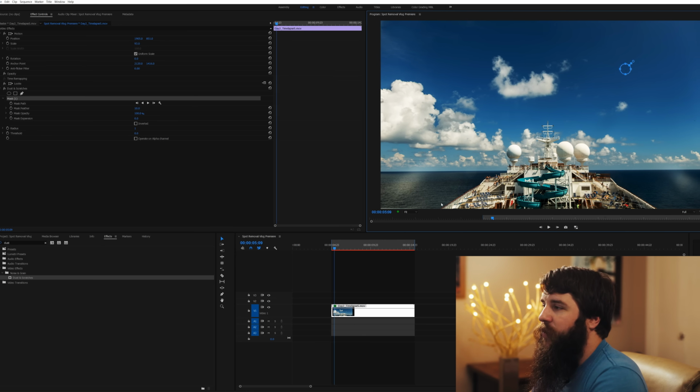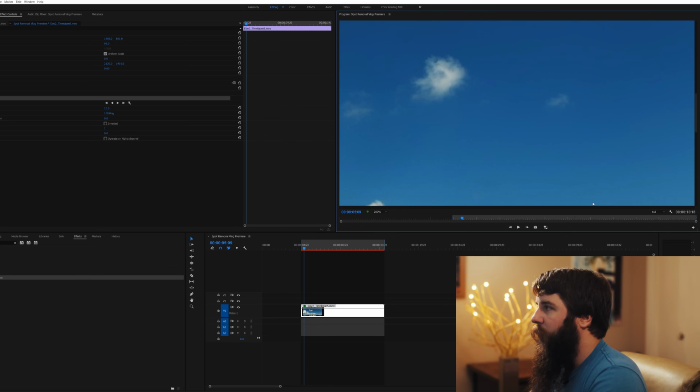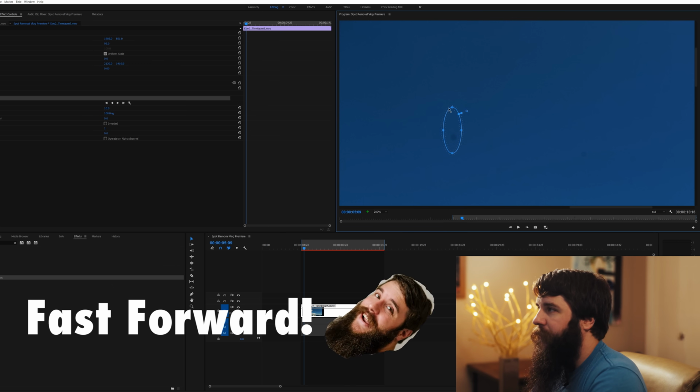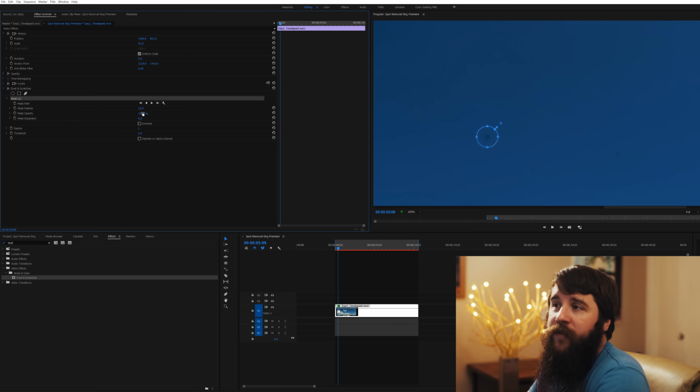Now it's time to fine tune it, so let's go down here to fit and turn our fit to 200%. And we're gonna go over to our first dust spot here. And we're gonna continue to resize it until the circle is just barely larger than the dust spot. Now that looks like a pretty good size. Next, let's go over here to mask feather and turn the feather to 20 pixels, which is going to increase